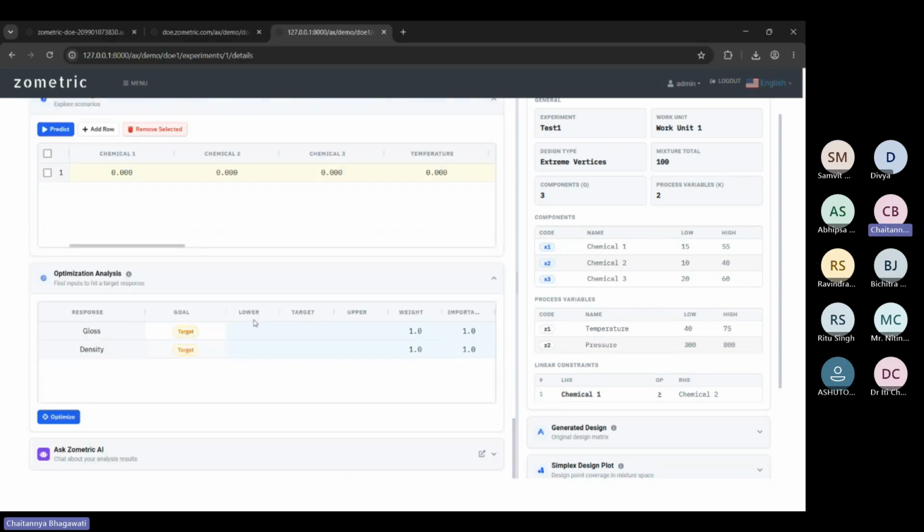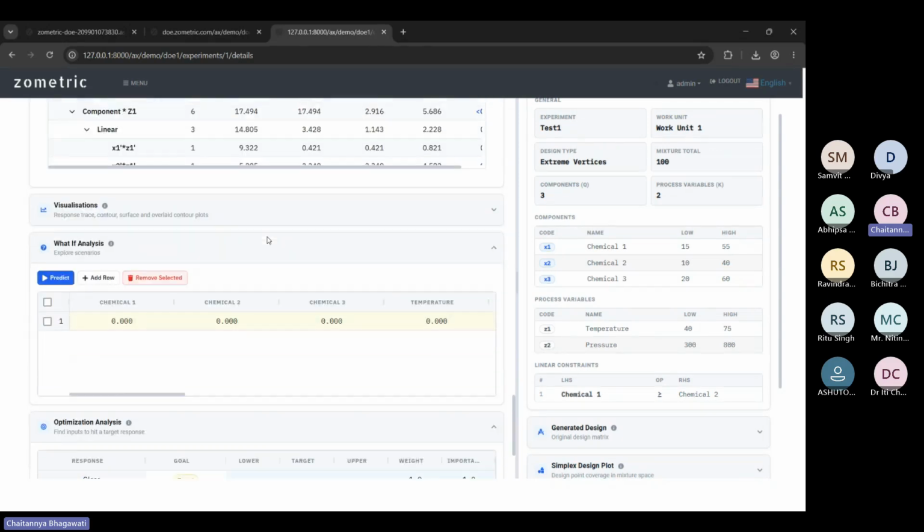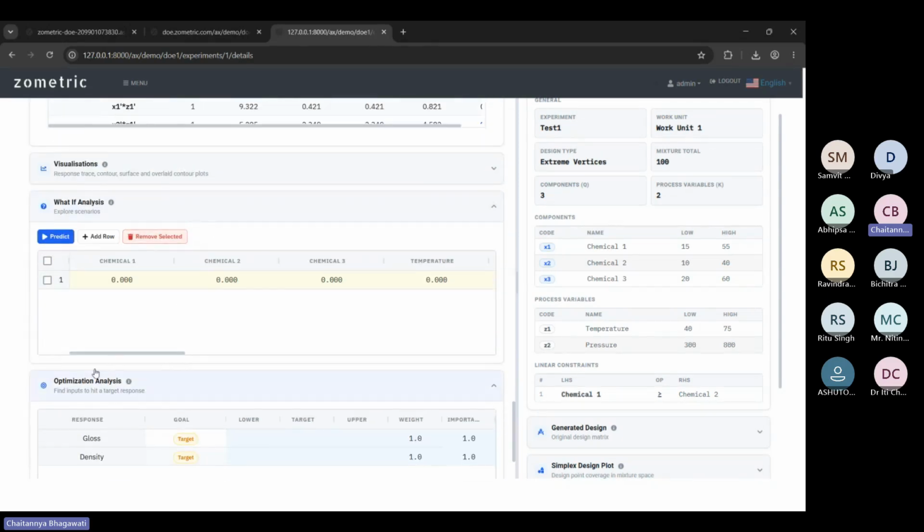Next, we also have prediction what if analysis. So similar to what we had seen for screening designs, we can put in some values for